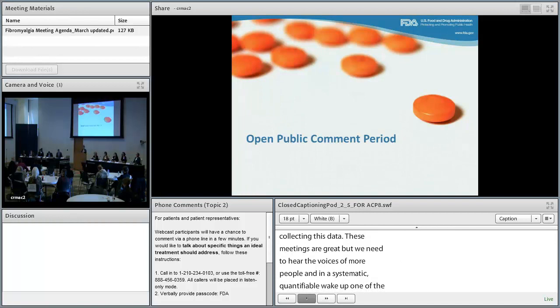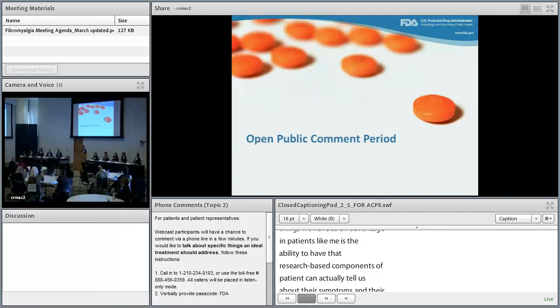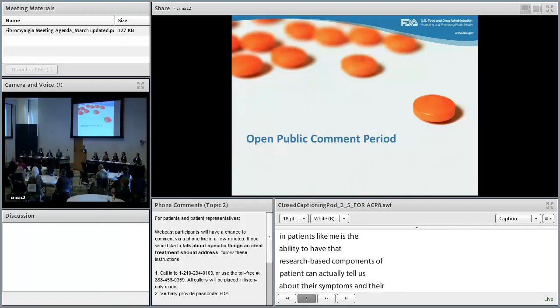One of the things that we have, I think, as an advantage on Patients Like Me is the ability to have that research-based component so patients can actually tell us about their symptoms and their treatments and their side effects. And a number of things did come up in our survey when we asked questions about this. So one of the things that hasn't been brought up in terms of the context of treatments is really the social connectedness dose effect. We learned that there's a significant amount of patients who are either using our site to provide some of their own support, but other social media sites as well, and it's having an impact on their overall outcomes and their ability to cope.